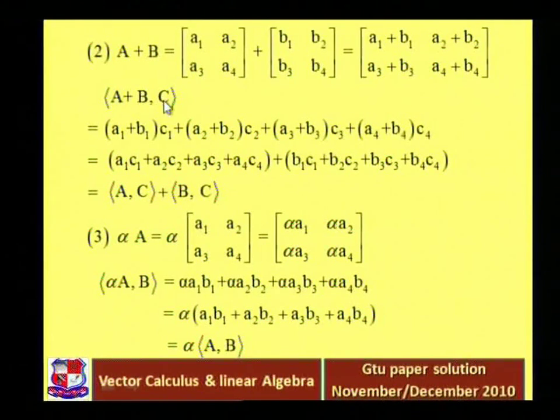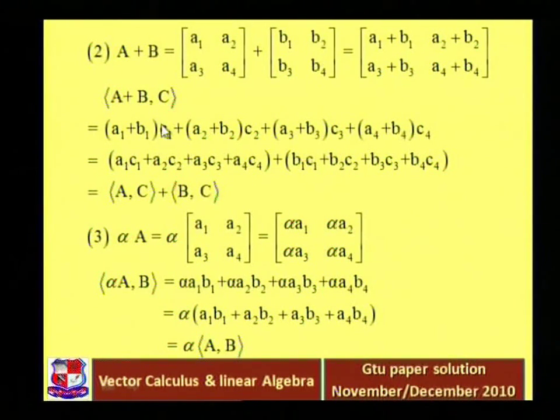So inner product A plus B, C is equal to A1 plus B1 into C1 plus A2 plus B2 into C2 plus A3 plus B3 into C3 plus A4 plus B4 into C4. That is equal to A1 C1 plus A2 C2 plus A3 C3 plus A4 C4 plus